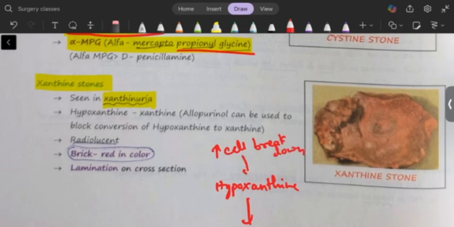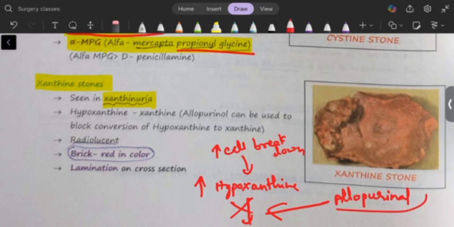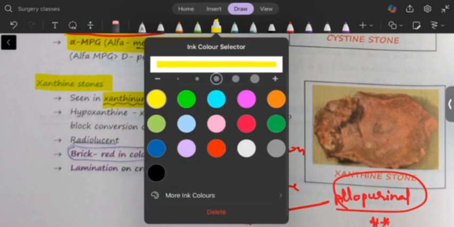there will be increased hypoxanthine. If there is increased hypoxanthine, there will be increased xanthine. So we can block this by giving a drug called allopurinol. So this step, next, uric acid keeps coming. Okay, so if this is increased, uric acid stones; if this is increased, xanthine stones. The treatment for both is allopurinol. So allopurinol can be used in order to treat, block the conversion of hypoxanthine to xanthine,